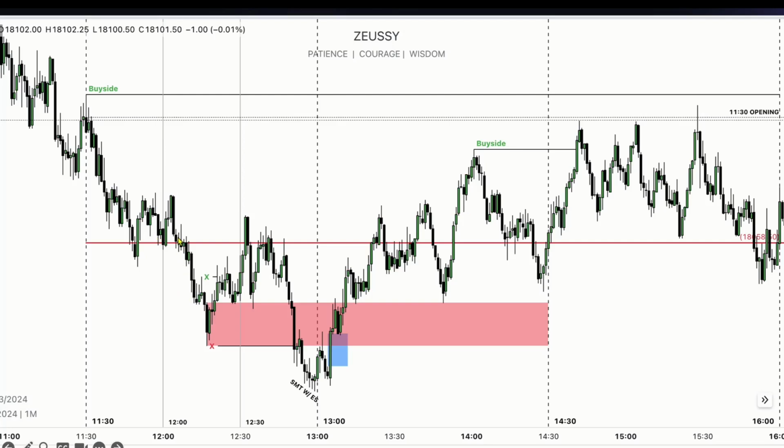What we see is that the market expands lower. We form a low here. Market then forms a high, lower low. This low gets formed, and the market then utilizes this low to expand higher right here. What does this down-close candle then become when we see this high getting taken out? It's the pattern of a bearish breaker, right? Especially when this down-close candle gets broken through with a CB.